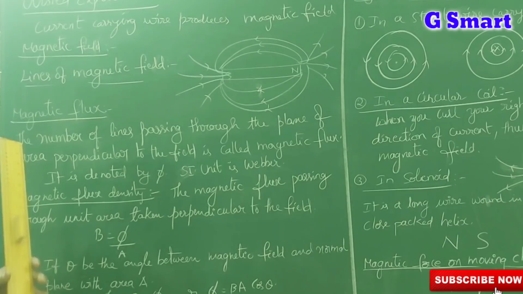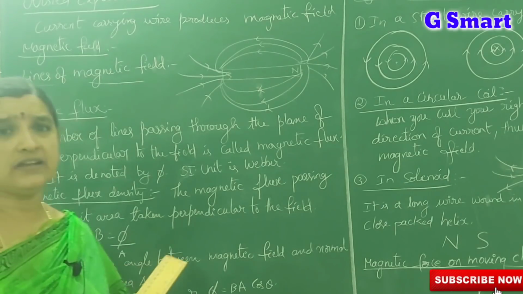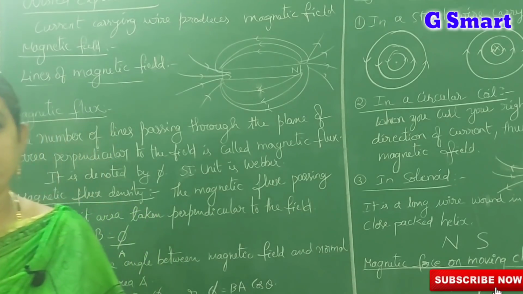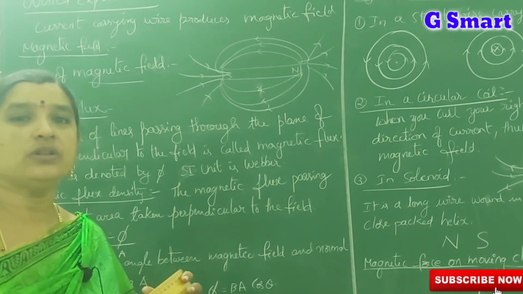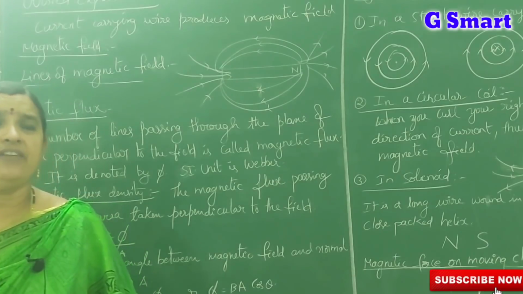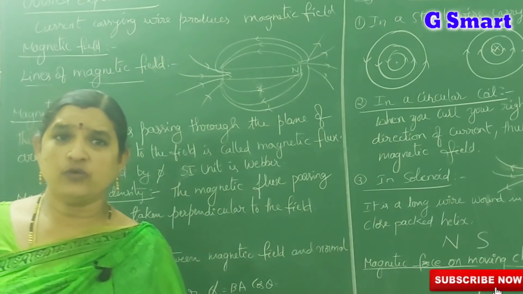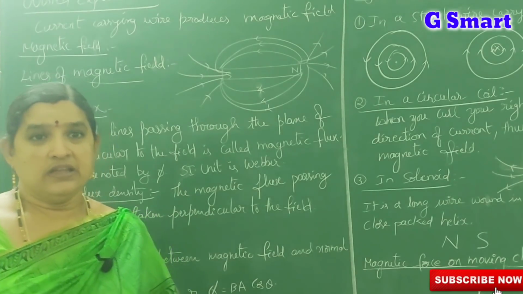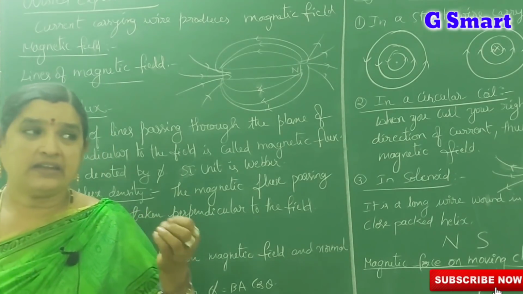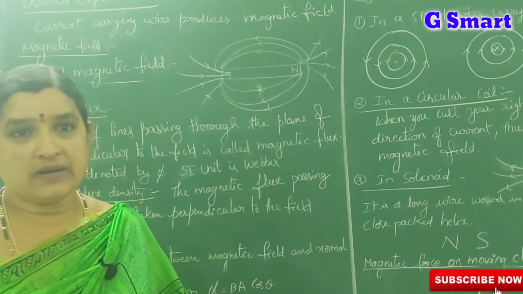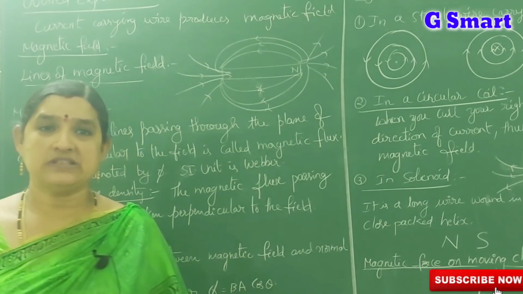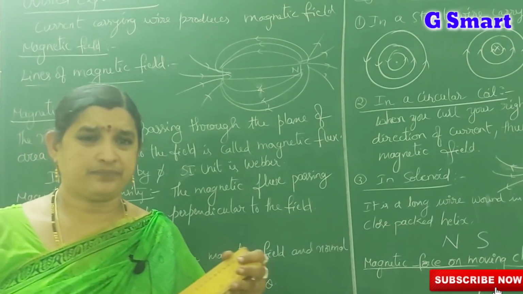So what is a magnetic field? We already learned in the previous classes, in 8th class, about contact forces and field forces. In field forces we learned about the magnetic force. Without any physical contact, the force exerted by a body is called field force. If we keep any magnetic material near the magnetic compass, it affects that magnetic material. Everyone knows that. That is called field force.